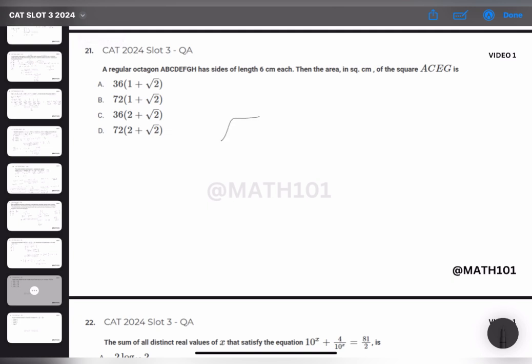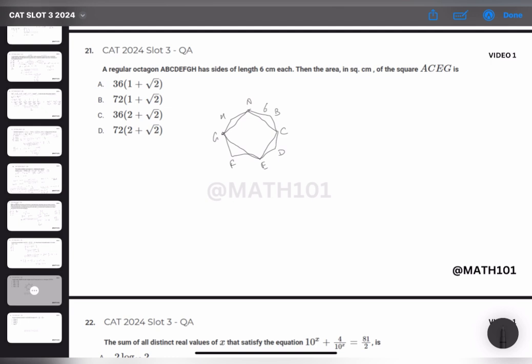A regular octagon, A, B, C, D, E, F, G, H. Then the area of a square A, C, E, G is,